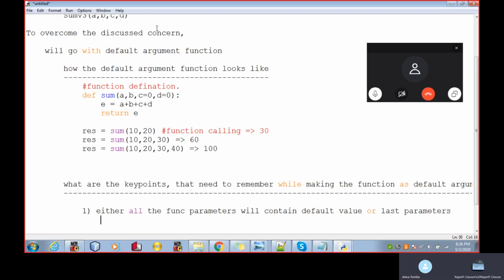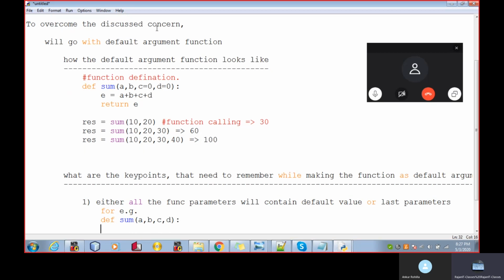For example, my function definition is sum a comma b comma c comma d. This key point is saying either all the function parameters will contain default value,